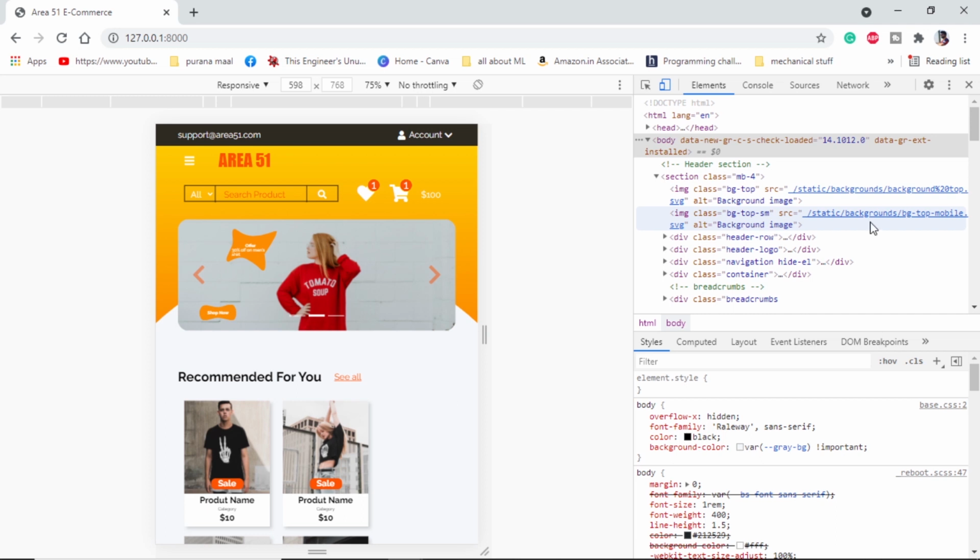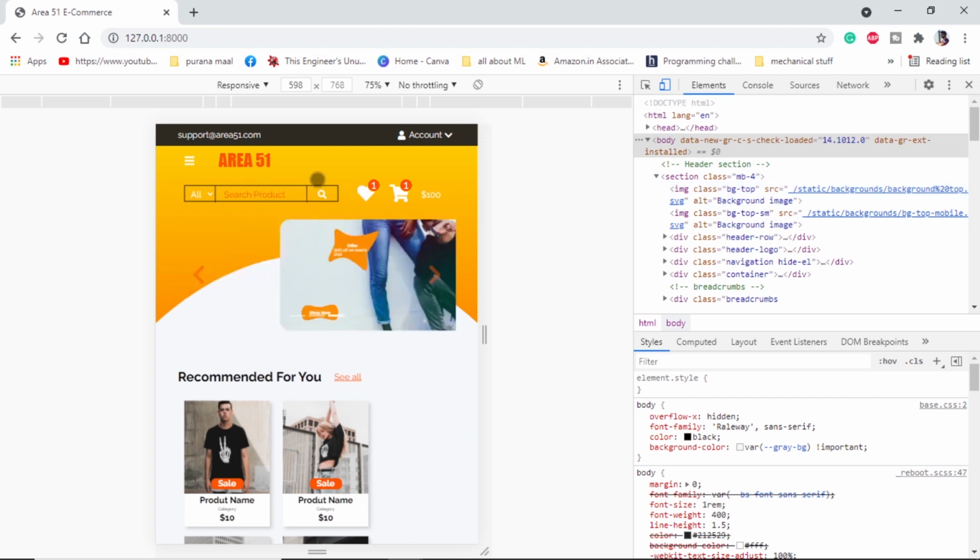Remember we downloaded the mobile version SVG from our UI design, so we are using these two. I believe this is not an efficient way, but this is the way I achieved this. When I'm in the desktop mode, I'm hiding the mobile version. When I'm in the mobile version, I'm hiding the desktop version SVG. It took some time to make this section.